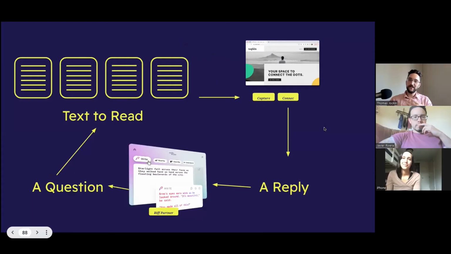So in reality, they kind of build out from this kind of questioning, active reading, writing procedure. There needs to be a kind of circular cycle relationship between text to be read, a capturing connection device operation, which can be paper or it can be something like Napkin in this case. I recommend that. Then those need to generate a reply to a question, for which you can use things like a riff partner like pseudo write.